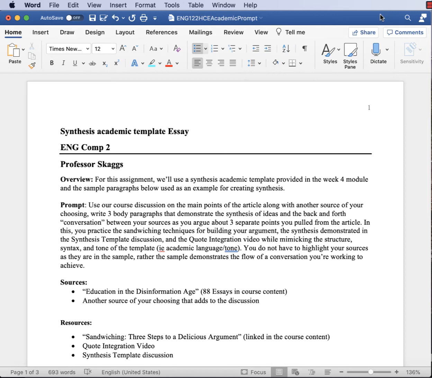This week we're talking about synthesis, and we've already, hopefully, watched the video about synthesis. You've read some of the articles, you've watched some of the videos, you've participated in the discussion, which is a small piece of this larger assignment that's due on Sunday. The synthesis academic template essay is really just a chance for you to practice